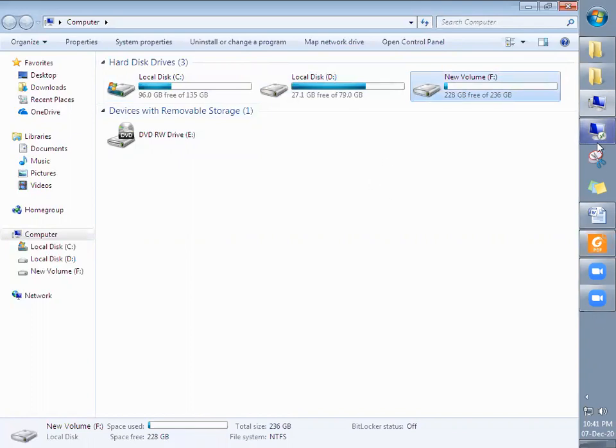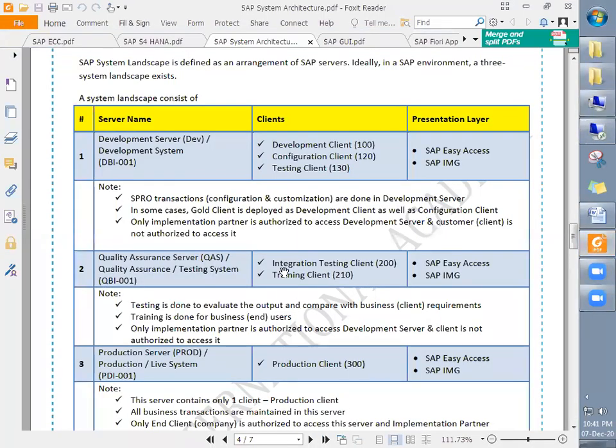Similarly in SAP, there is a purpose for every client in every system. So they have the development client only for development, that is ABAP programming, which is used by the ABAP consultants. Then the configuration client is for configuration and customization, which is used by the functional consultants. And some unit testings are carried out in this one.